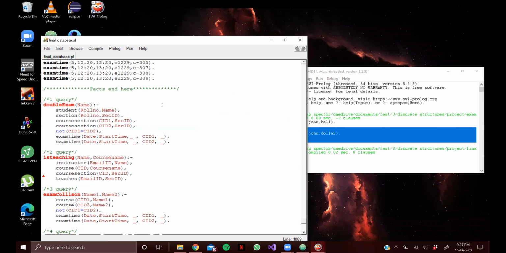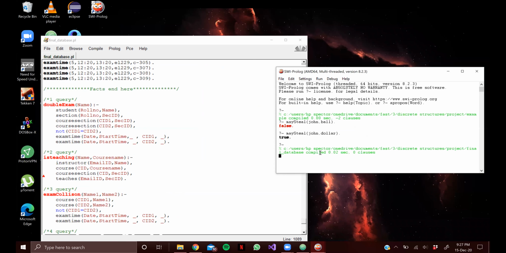Now, I was responsible for the even predicates, so I will start with predicate number two, which is teaching. This tells us if an instructor is teaching a specific course or not. Now, we will take the example of Hassan Mustafa and data structures. This should return true because Hassan Mustafa does teach